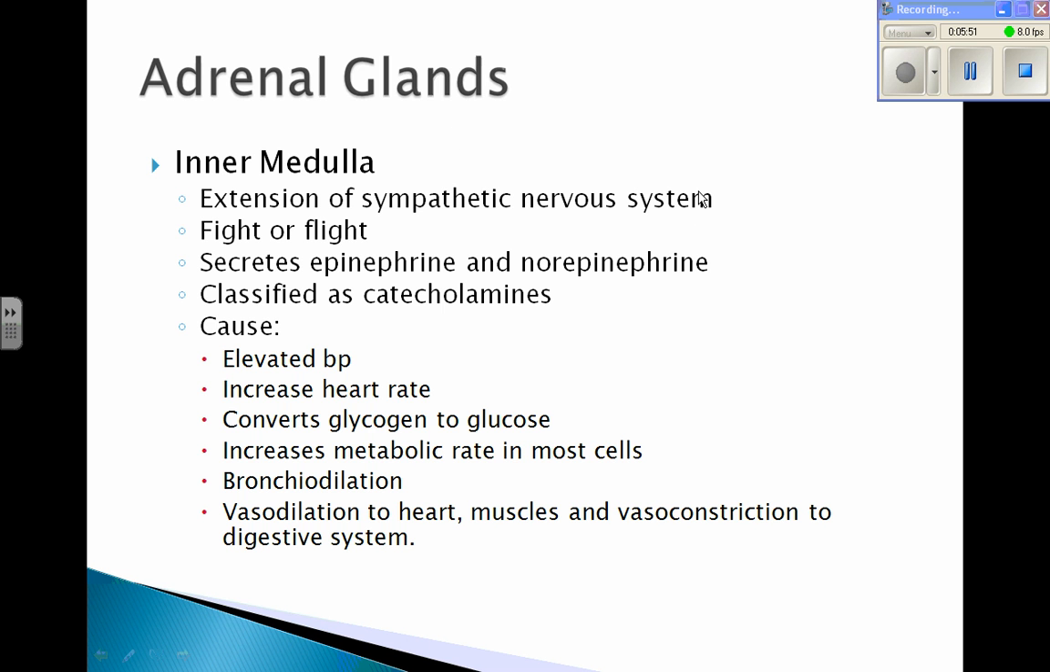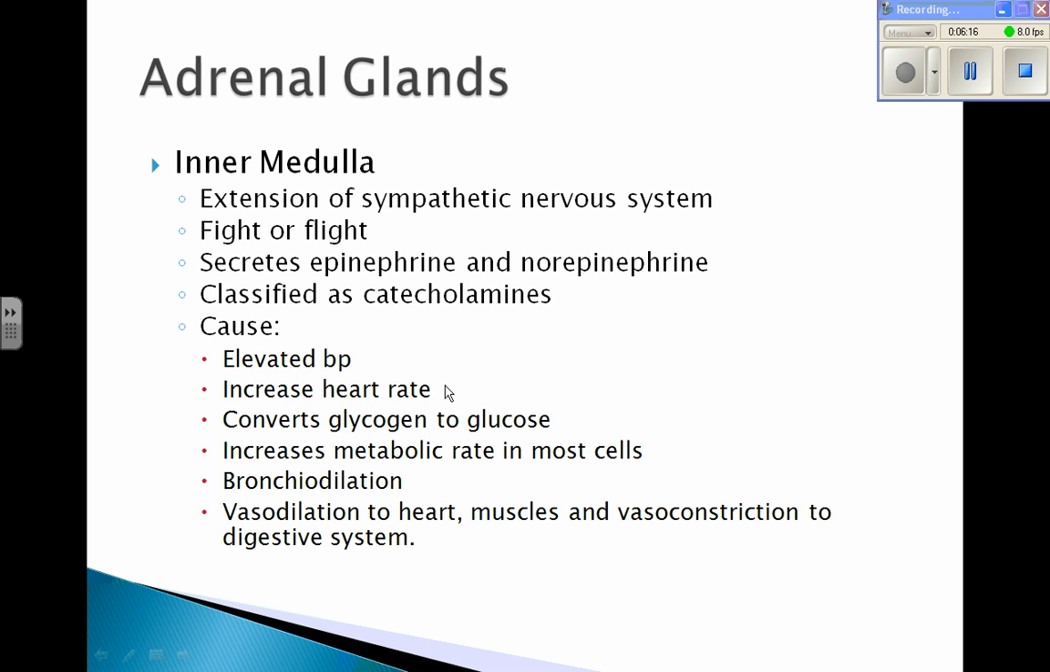Essentially, it's where the hormones epinephrine and norepinephrine are manufactured and secreted, and it elicits an adrenaline rush or the fight or flight response. It's classified as what's called a catecholamine. It causes elevation in blood pressure, so it's a vasopressor, increases heart rate, and in this case there are